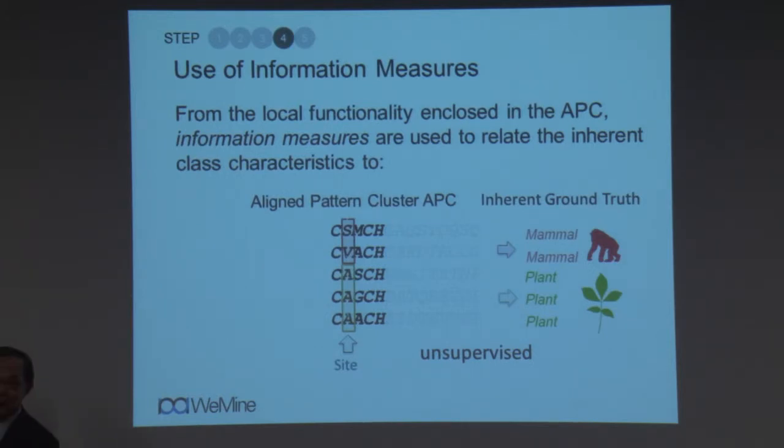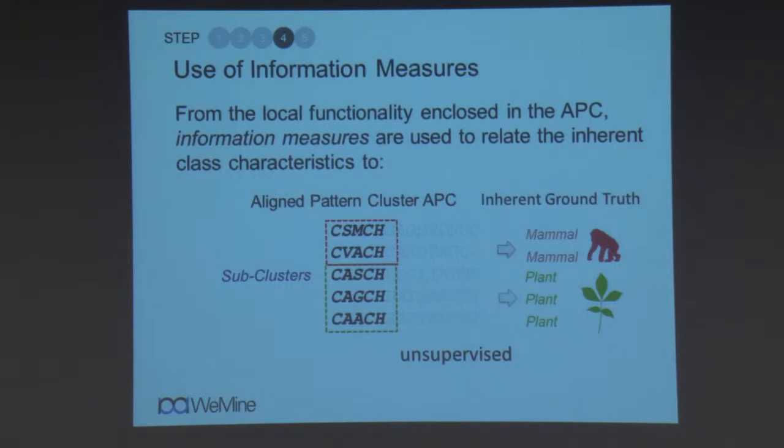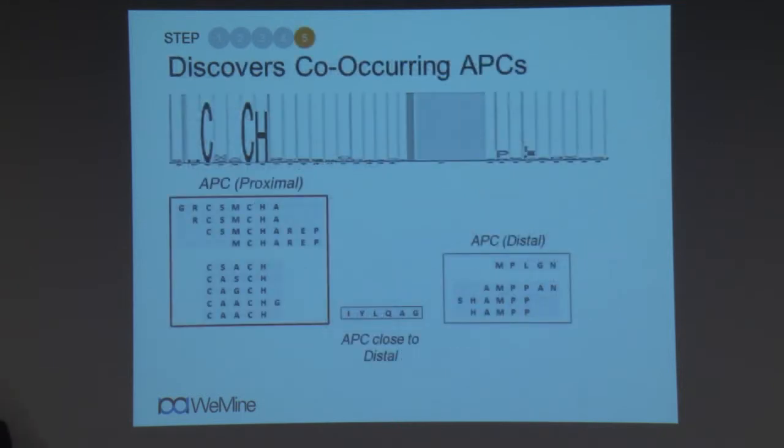Even class labels are not there. Because what is a class? Class means that you reflect something interdependent into a certain group, a certain functional group. In a like manner, we can go to the amino acid level. If you ask me, for this important site, which amino acid will be related to what class? Or furthermore, we can find out which subgroup will belong to which class. This subgroup belongs to mammal, and the other group belongs to plant.